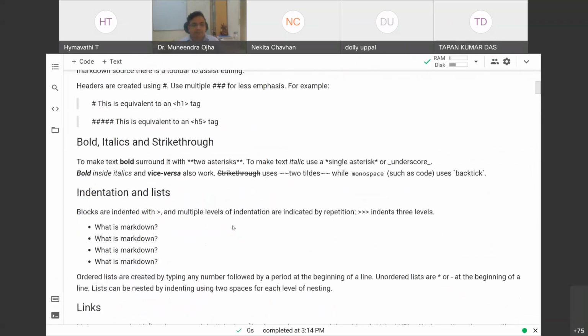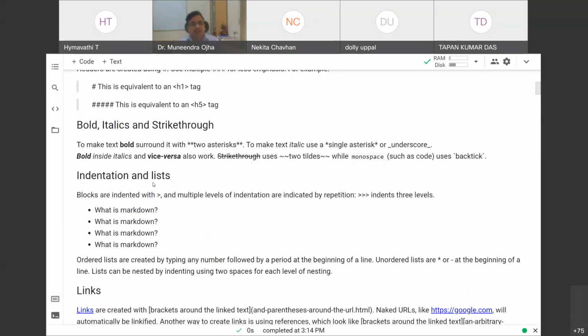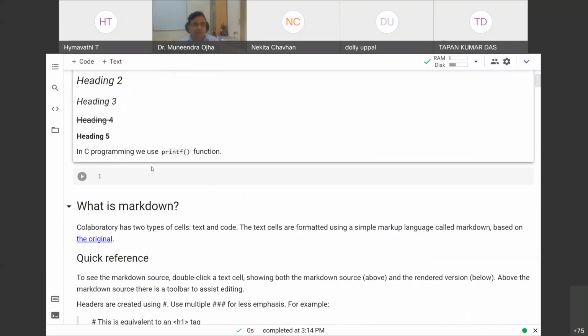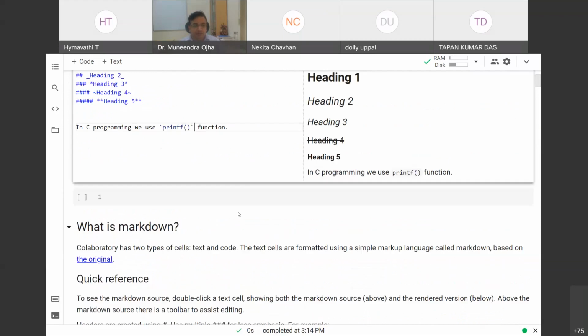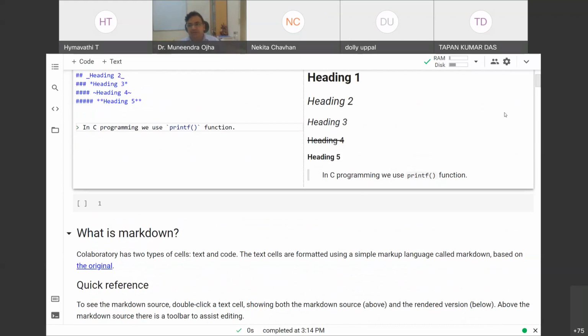Now we can similarly use indentation. To create indentation, we use the greater than symbol. If I have to indent something, I put a greater than sign before it, and it will indent. See, this is indentation.